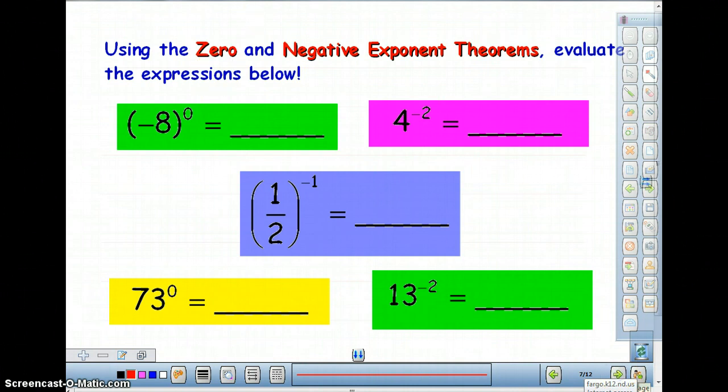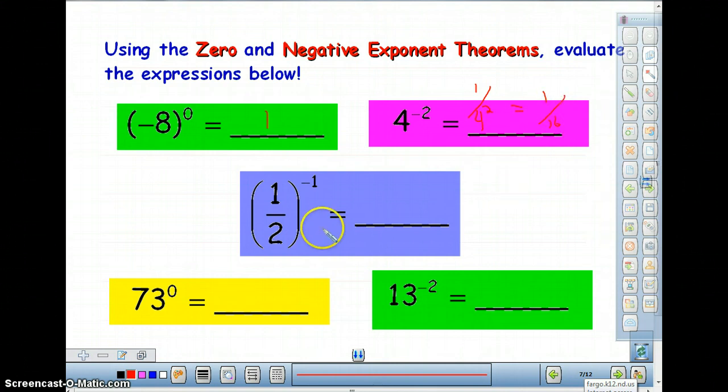Here we're just going to evaluate what we've learned so far. So negative 8 to the 0 power, anything to the 0 power gives me a 1. Okay. 4 to the negative 2. Now we have that negative exponent where I have to make it a fraction. So I'm going to go 1 over, and then I have my 4. I've got to make my exponent positive. So 1 over 4 squared gives me 1 over